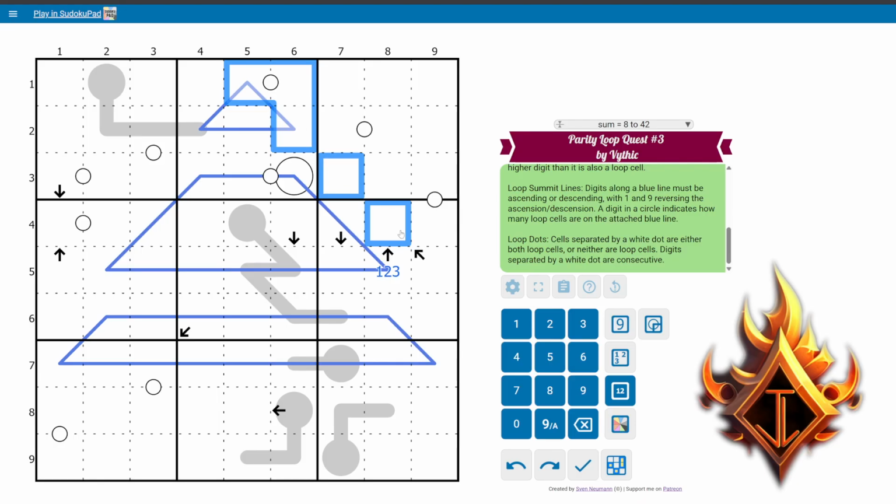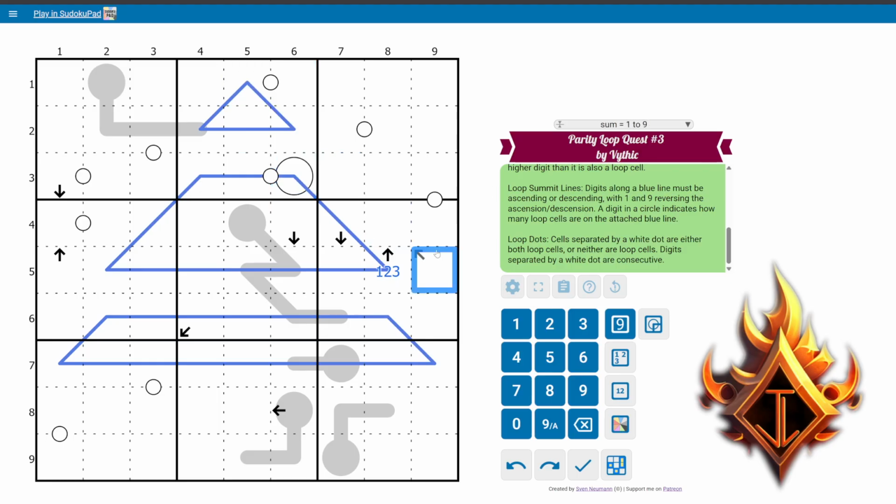This one will not be the full amount either. Since these two are touching diagonally, we would have to connect them in one of these two spots. If we did that, it would look like that and be branching. This would do the same thing. That would not be a loop. So this is also 1, 2, 3. This one, 1, 2, 3,